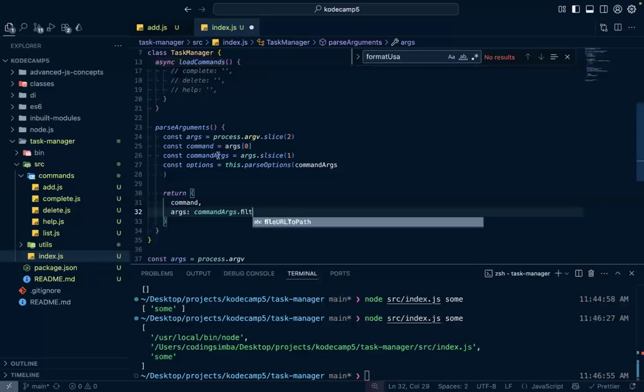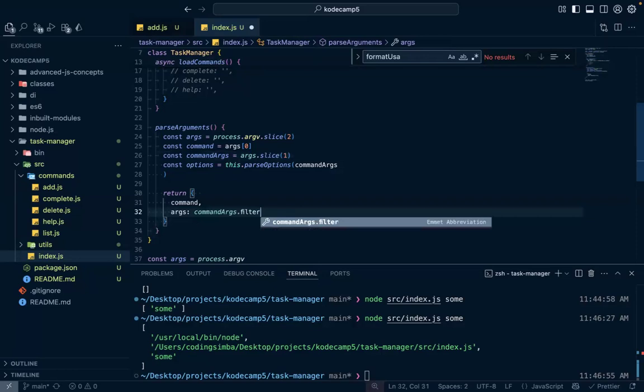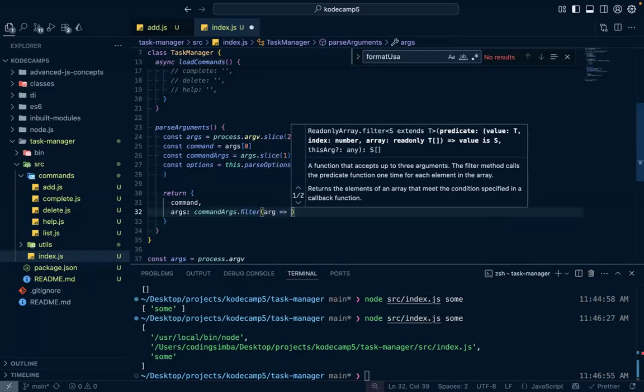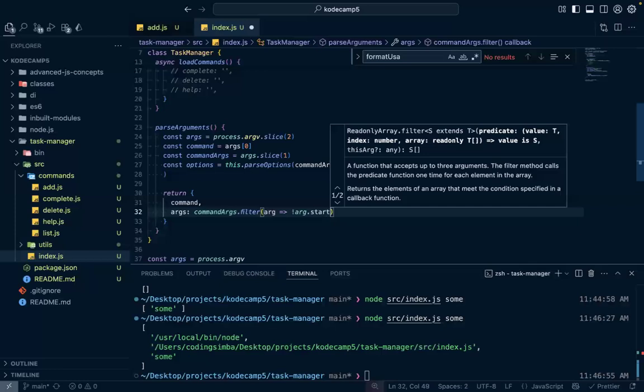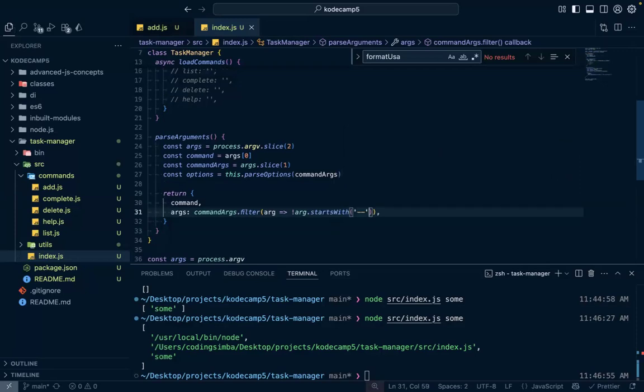Okay, line 25 slice. Line 26. Okay, thank you. That's a typo error. Slice, actually, you're correct. So we want to filter out args. Arg dot starts with this. So if you want to pass in priority, we'll do something like